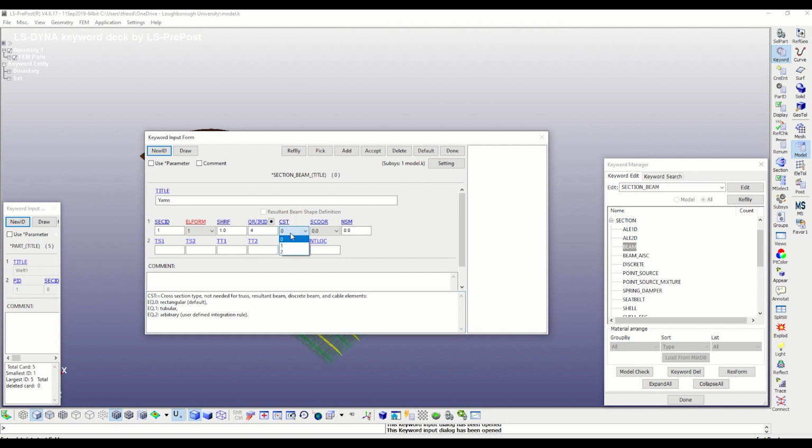Now, we know that the yarn cross-section shape is elliptical, but for the purpose of this tutorial, we will assume a circular shape with the diameter of the circle equal to the minimum diameter of the ellipse. We will later scale the material properties to match the axial stiffness of an equivalent elliptical shape. Of course, the bending stiffness will be different, but we assume that yarn bending is not the dominant energy absorbing mechanism, but rather the stretching is. You can see the integration beam card for more complex cross-section geometries. Next, we define the outer diameter of the yarns as 0.09 millimeters, with the inner equal to 0.